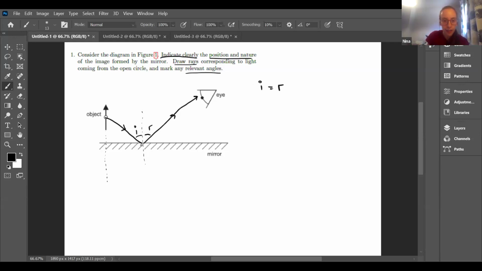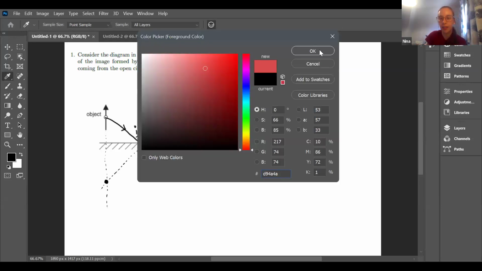Afterwards, as it gets reflected, it also goes inside the mirror, crosses our reference ray, and so we have the image of this open spot. Then, however, this is just one point on our object. So in order to draw the whole object, we kind of have to see what the top of the arrow and the bottom of the arrow do. So maybe on a separate diagram, maybe in a separate color, just make sure everything is nice and clear.